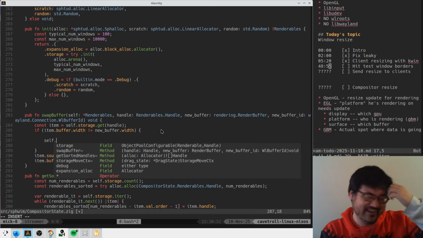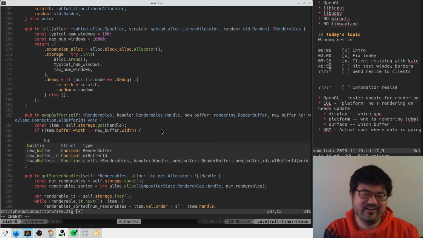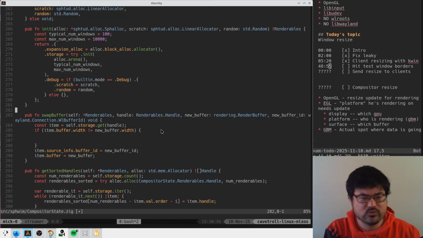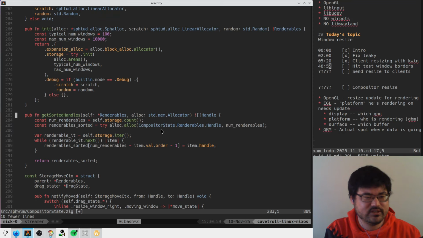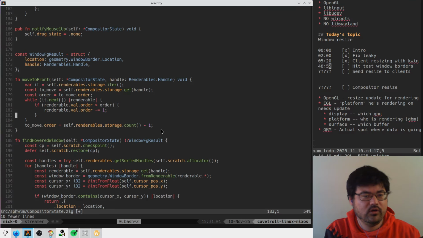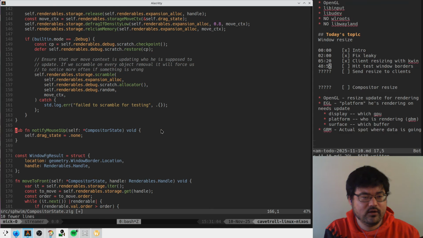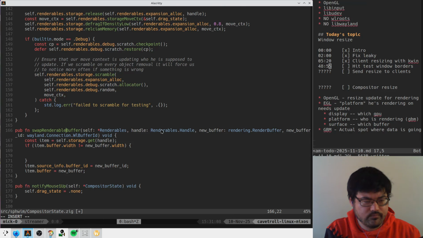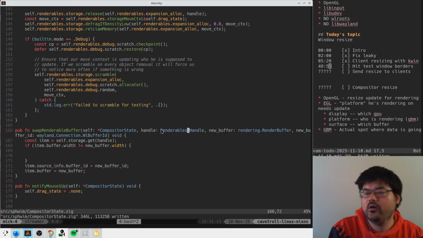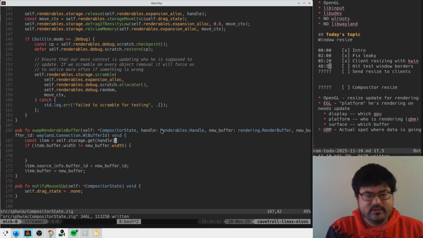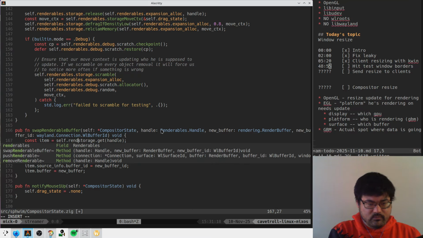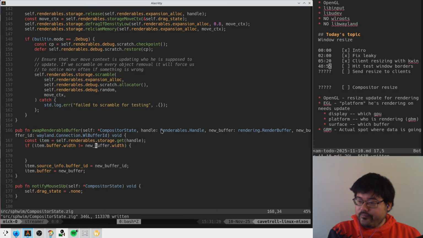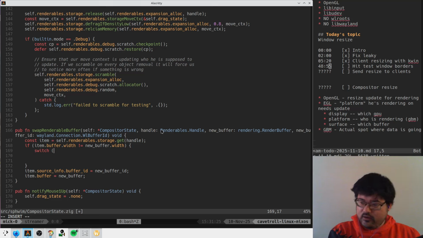Here we need the drag state as well. So this has to come up a level. Unfortunately. So this is on compositor state now. And here it's like doing something like, I don't know. If we are dragging,